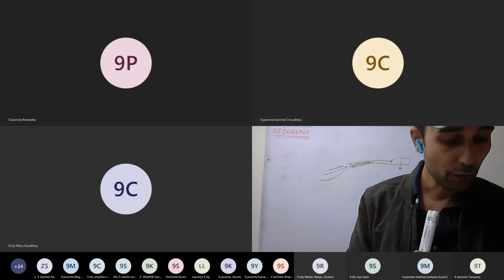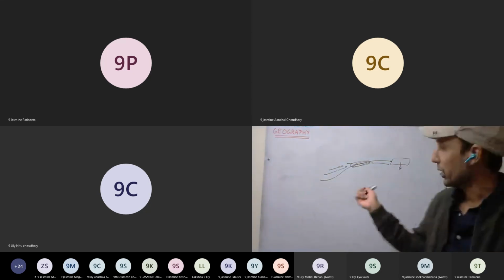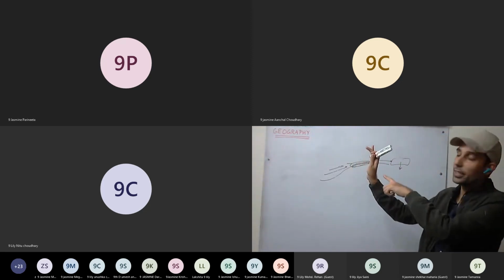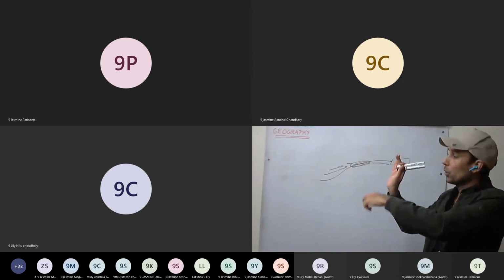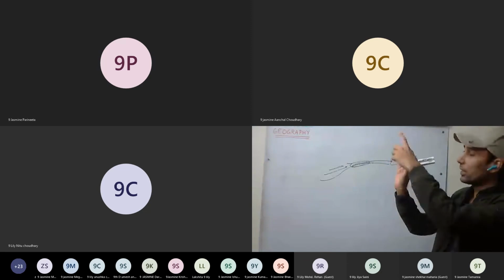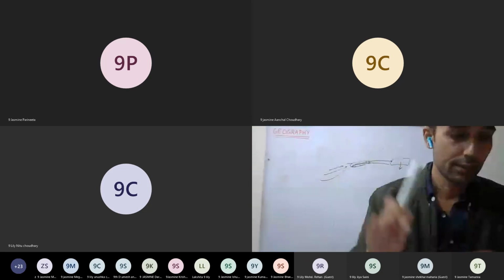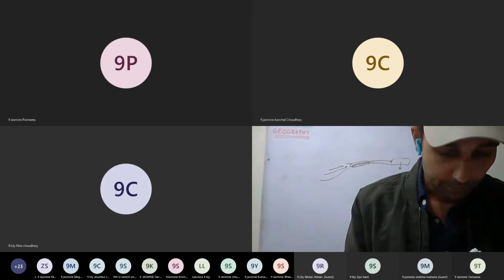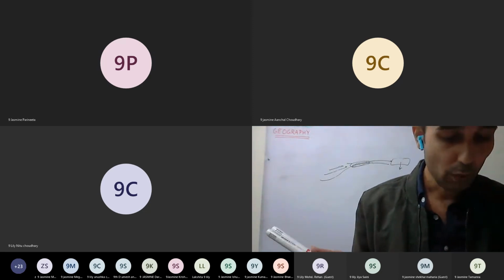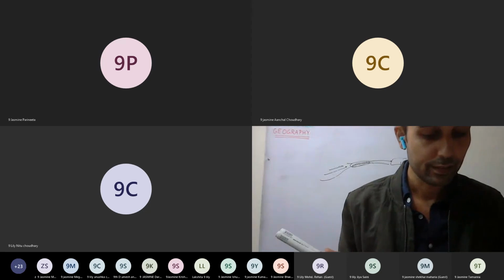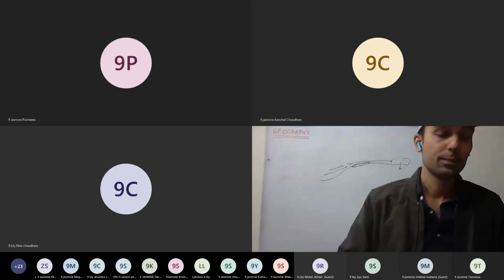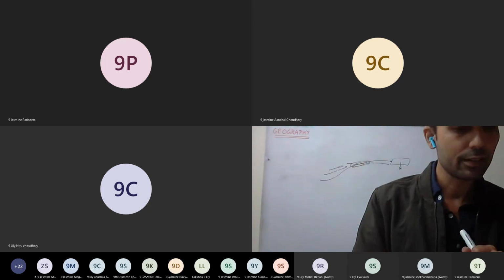South-facing slopes are much warmer than the north-facing slopes in the northern hemisphere. This we have discussed. In the northern hemisphere, the south slopes face the sun side. They are the sunny side, whereas the north slopes do not face the sun. They are in the shaded portion. They are the sheltered slopes. Okay. So south-facing slopes are more open to sunlight and warm winds. Okay. So you can do it yourself.